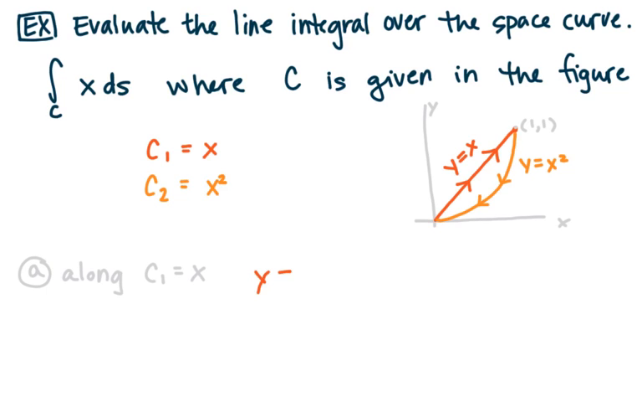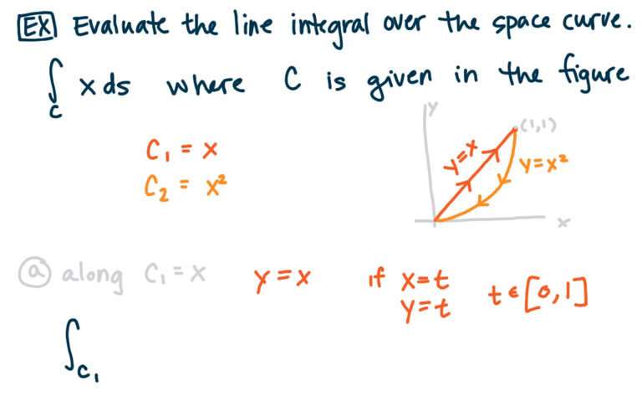The curve we have here is y equals x, and we need to figure out how to parametrize that curve. Well, y equals x, so if x equals t, then y equals t. And my t value is going to go from 0 to 1. x goes from 0 to 1, x is equal to t, t goes from 0 to 1. So setting this up, the line integral across C1 of x ds